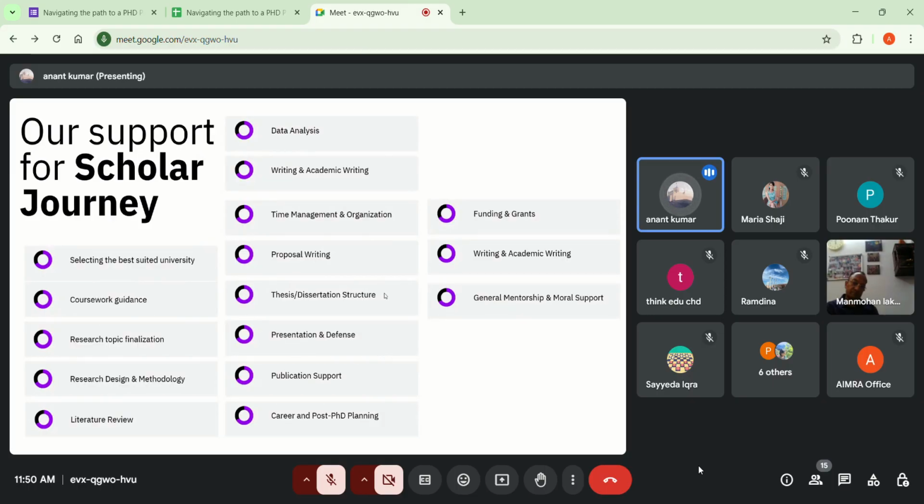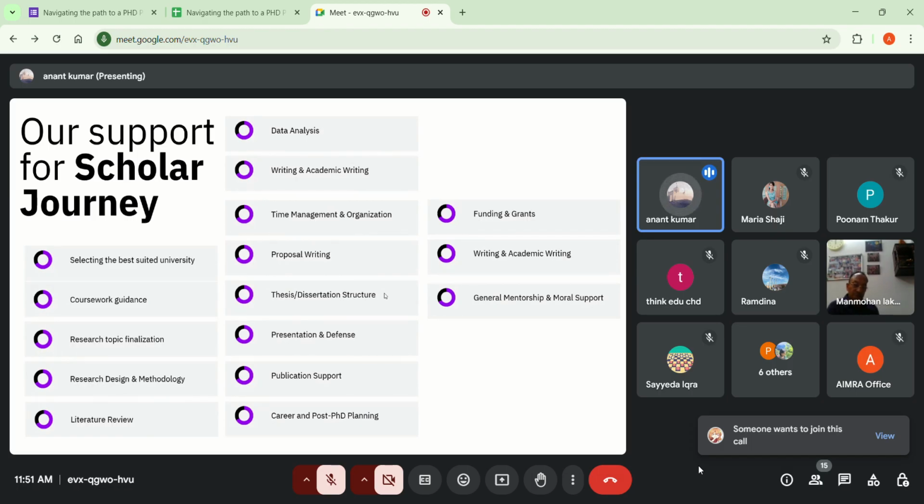What would be our support for your journey is again very important. First point will be helping you select the best suited university. Now, what is important in that? If you belong to Delhi, we'll try to give you a good university nearby Delhi, which will support your entire structure.